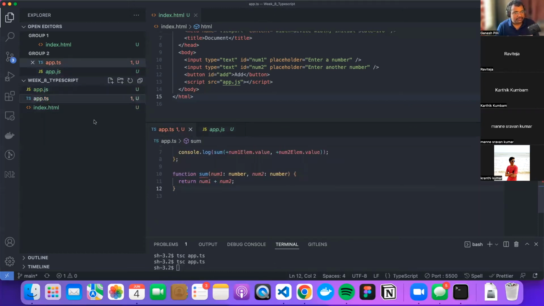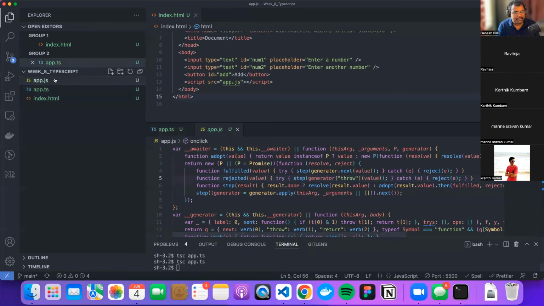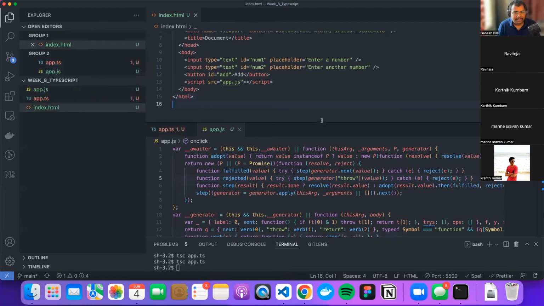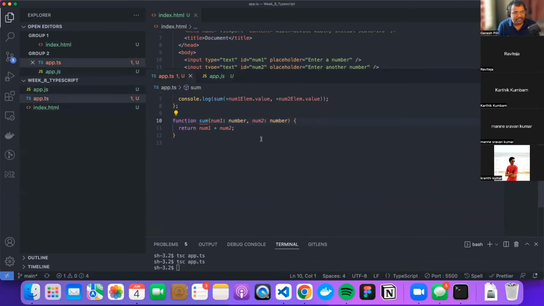Okay, so if I put an async before the function, if I compile the TypeScript, see, before this method,